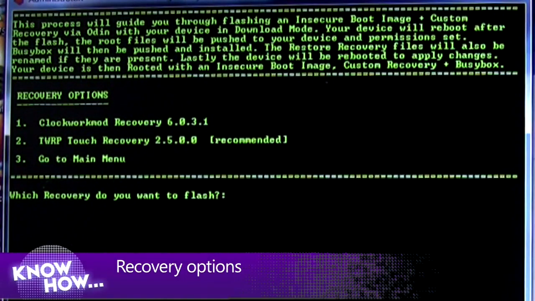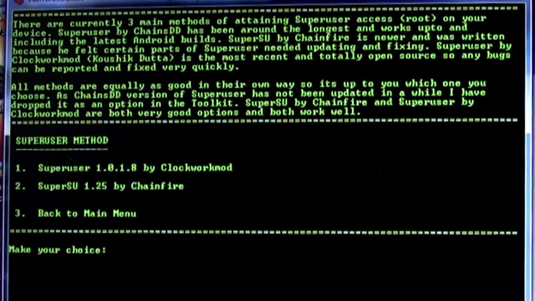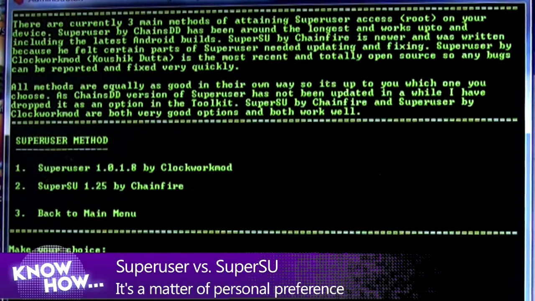Now we've got 2 options here, the Clockwork Mod Recovery and the TWRP Touch Recovery. We're going to pick Clockwork Mod because we're going to need this later for a future project of trying to load multiple ROMs on this S3. So we're going to pick 1, and we're going to pick Super User by Clockwork Mod as well,